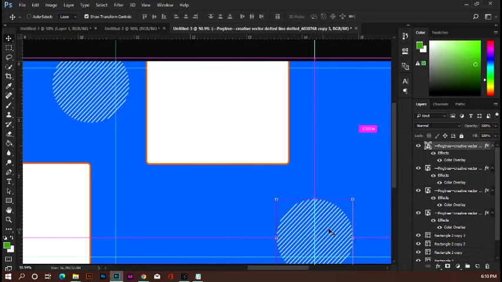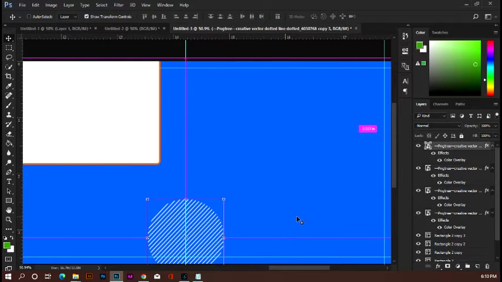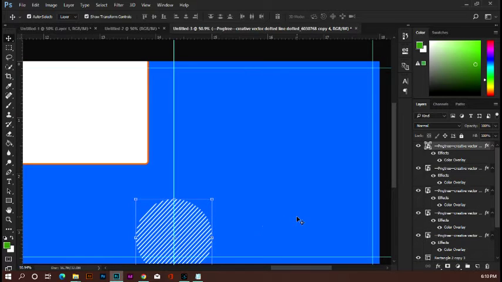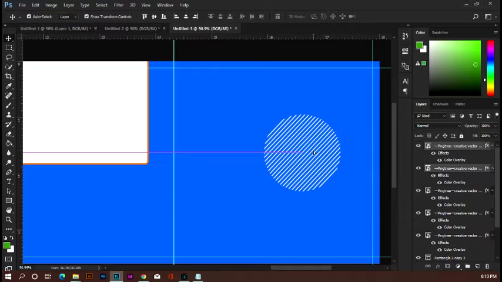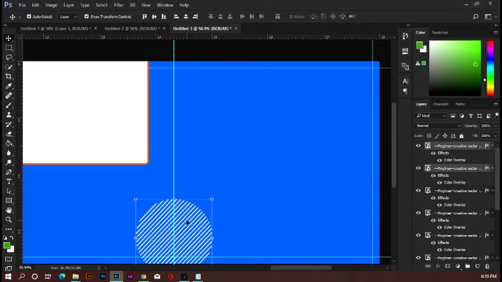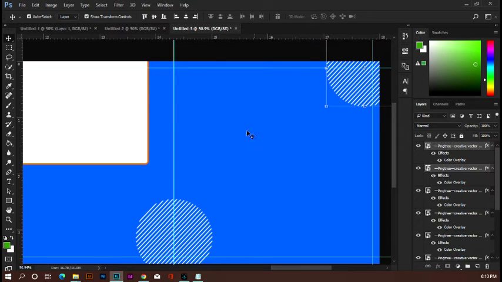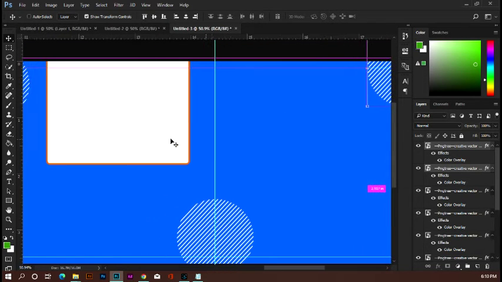Move on to the next page. It's our last page. Control G and click and drag. Sorry, didn't copy that. Control J and make a copy of this and drop it at the top just here. So let's go to our first page